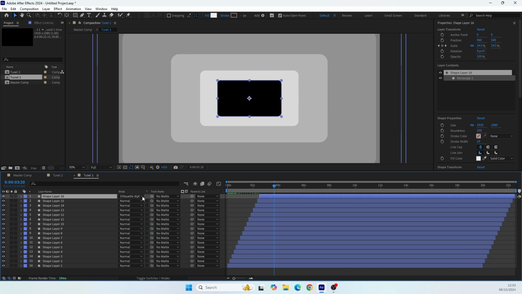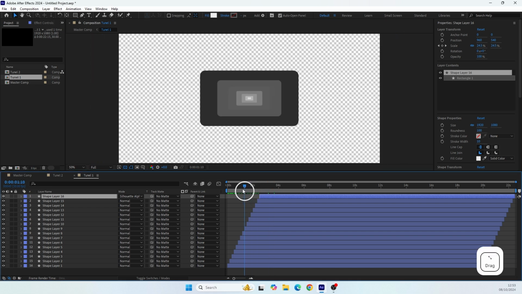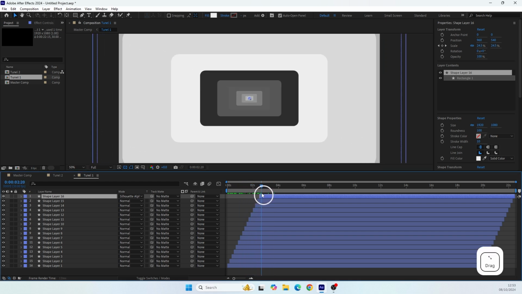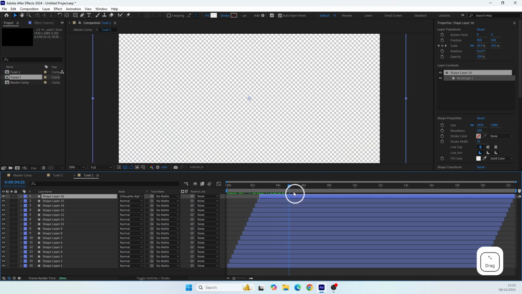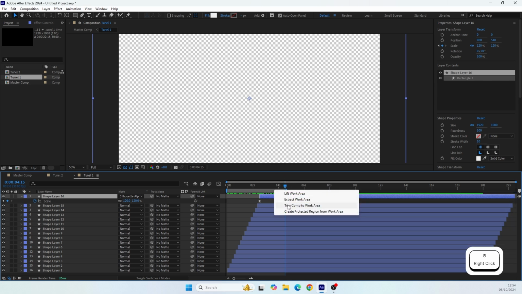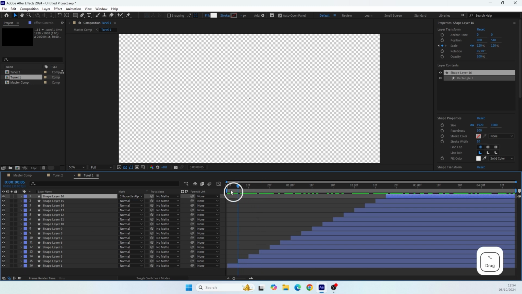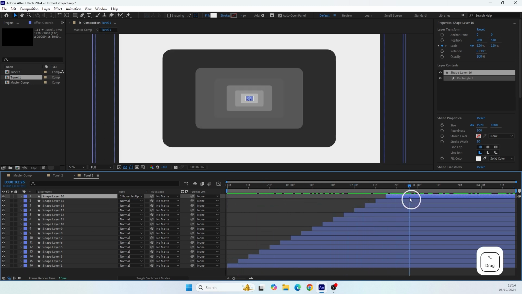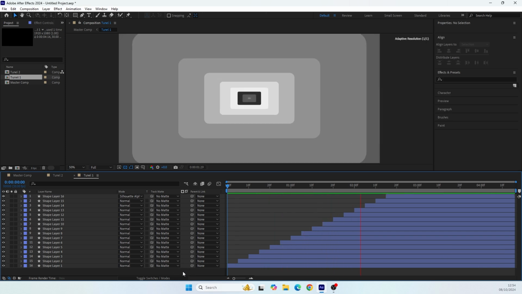This will make this layer act like some kind of a mask for all the scene and for the layers below it. So now we can select this layer and press U to see when its animation ends, and then we can press N to bring the work area to end here, and we can trim this timeline so we don't have unnecessary parts in our timeline. Let's see how that looks.